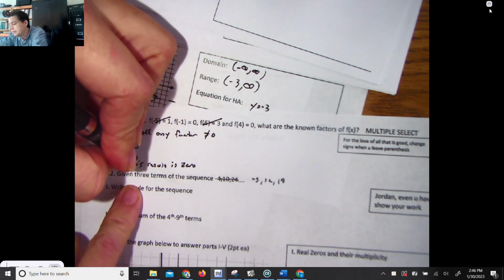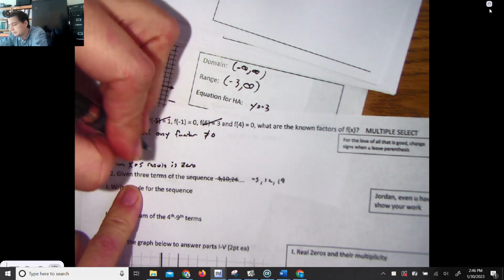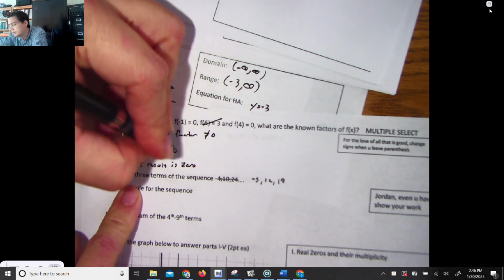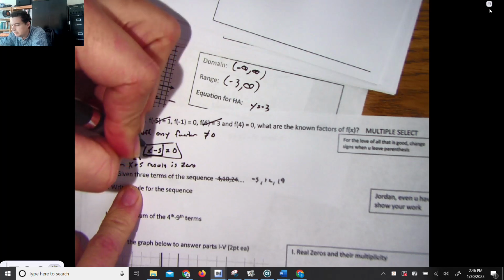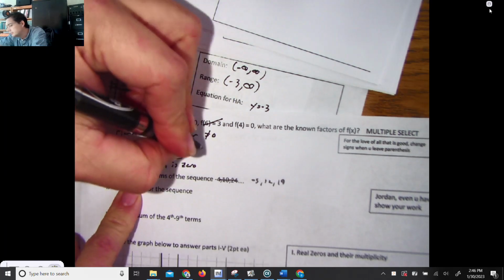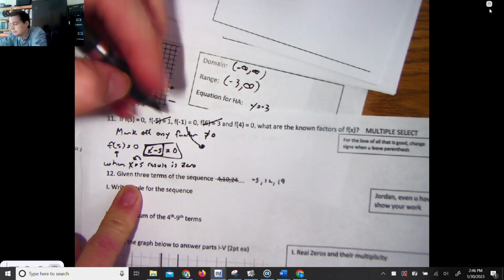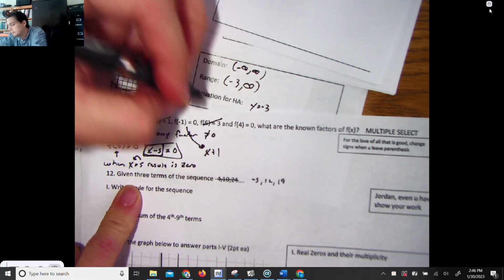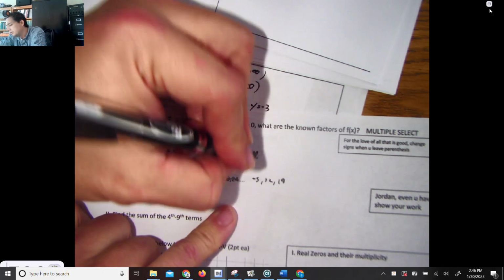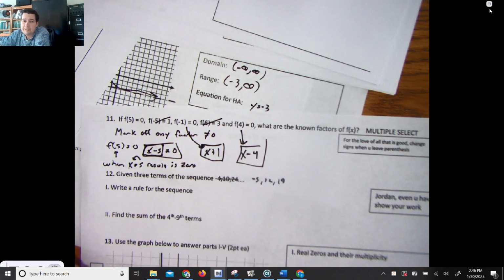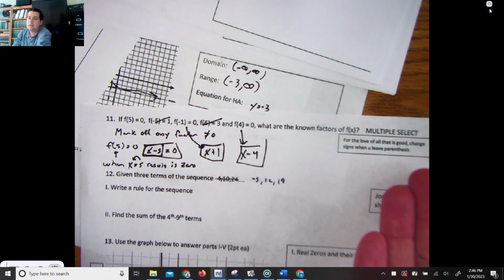So to make it a factor, you move it over. You get x minus 5 is 0. That's a factor. We only keep this part. That's one of them. Here, change the sign. X plus 1. There's the other one. Change the sign. X minus 4. That's how hard it is to write a factor. Change the sign, put an x in it. That's why it says for the love of all